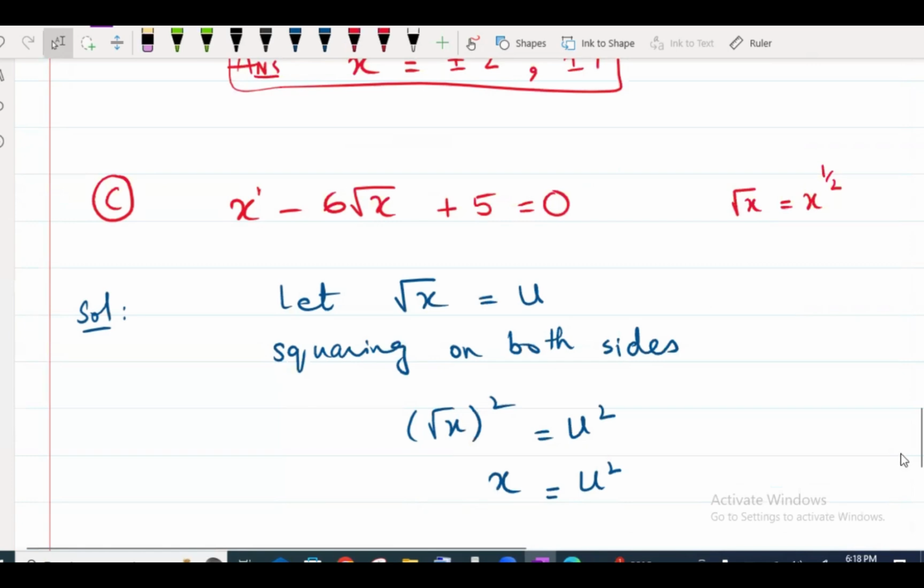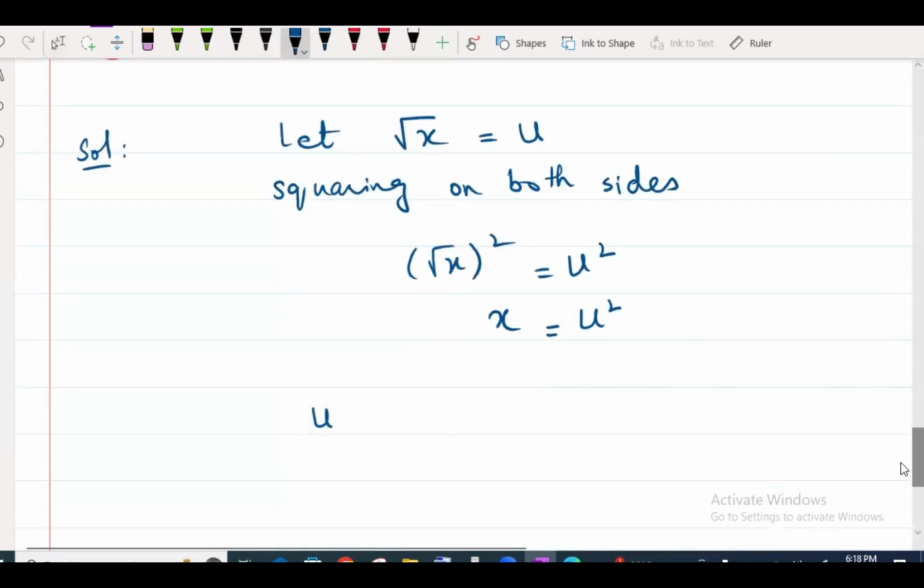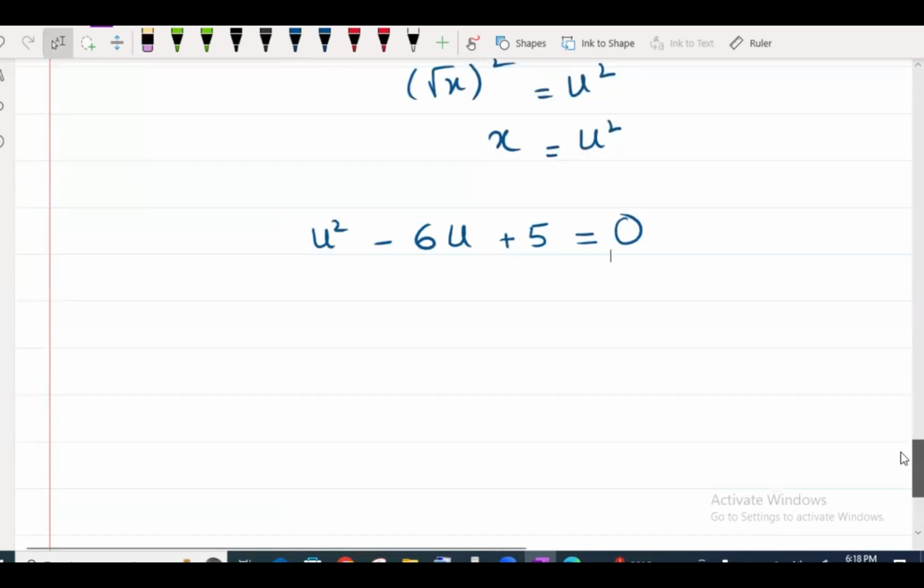It will now be u squared minus 6u plus 5. U squared minus 6u plus 5. Do it correctly, Aryan. Do it correctly and send me the solution again. Now you can use the quadratic formula or you can use